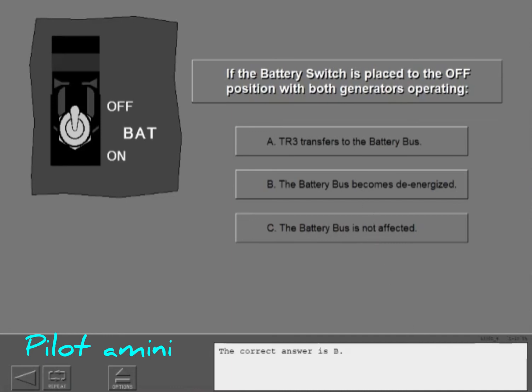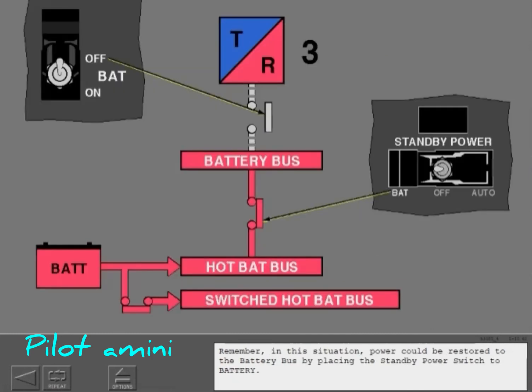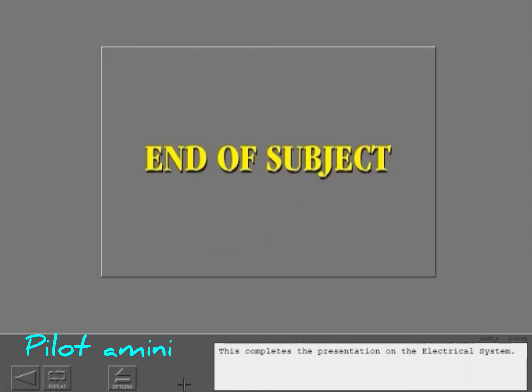The correct answer is B. The off position of the battery switch de-energizes the battery bus. Remember, in this situation, power could be restored to the battery bus by placing the standby power switch to battery. This completes